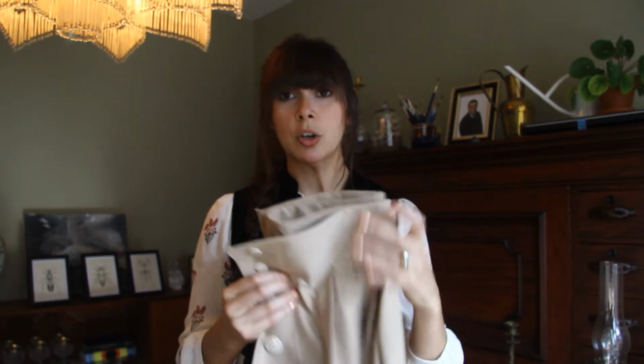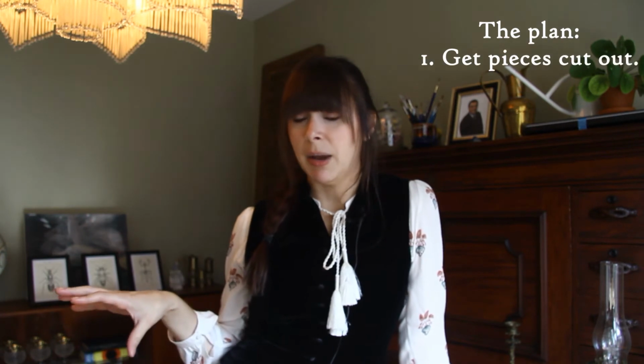Now that the skirt portion of this project is done, next up we have the vest. For the vest, what I'm gonna do today is get the pattern pieces cut out. The fabric is gonna be pinned together. There was also bias tape that I needed to make. I don't know if I got enough fabric for that, but